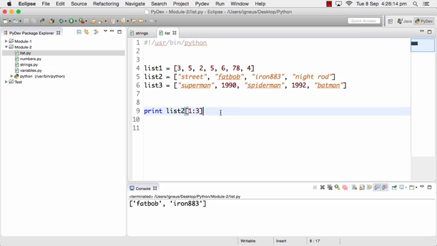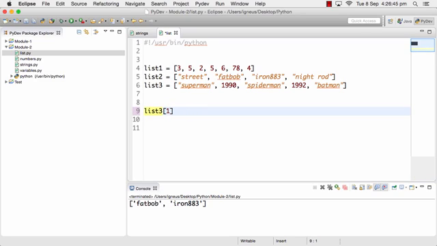Again, it's pretty simple, and if you have gone through the concepts of the strings, the lists are pretty much the same. The only difference is you can update the list and you can delete some element from the list. Now how can I do that? Let me just say that I don't like the 1990, so that's in list 3. So if I say list 3 and I want to get rid of the first element, which is 1993,